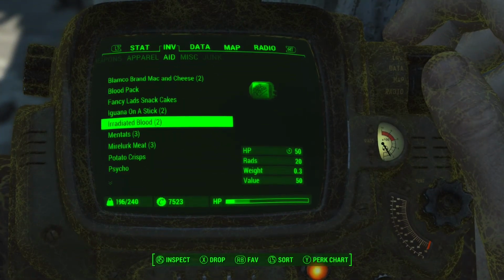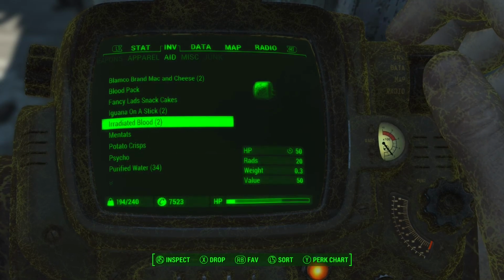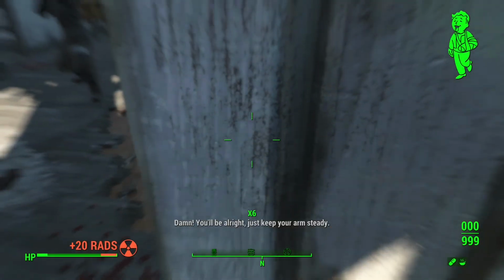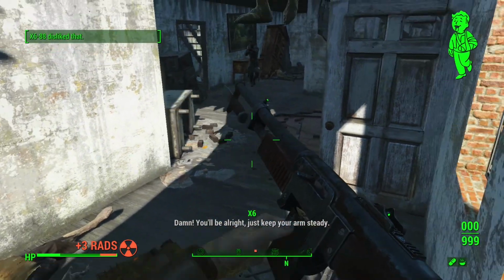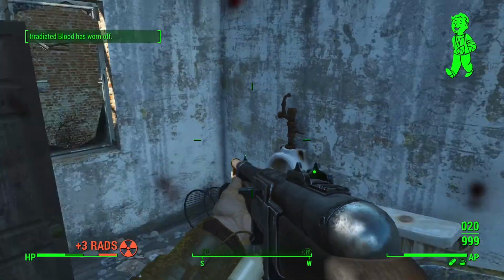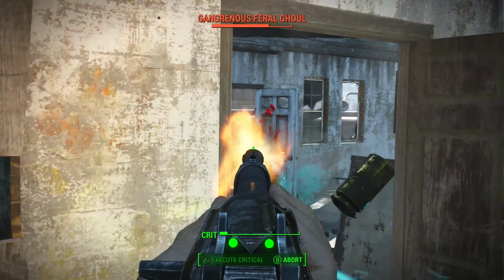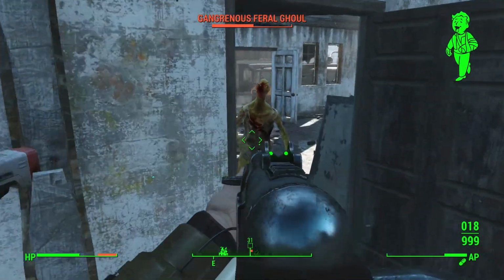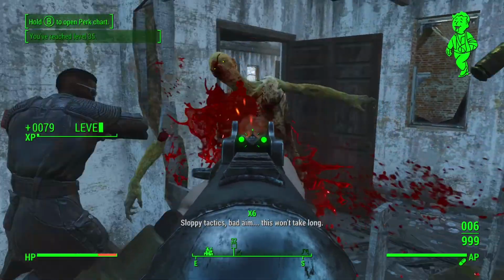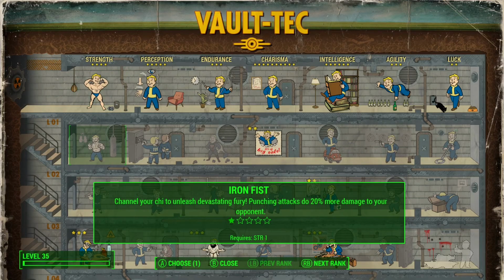Oh, he did a lot of damage though. Oh, those are meant... Accidentally loaded up on drugs that make me very smart, but not very useful in a combat situation. X6 disliked that. Oh, I didn't mean to use drugs, X6. It was an accident. I better not get addicted to mentats now. Sloppy tactics, bad aim. This won't take. Level up. Okay, now we can take...